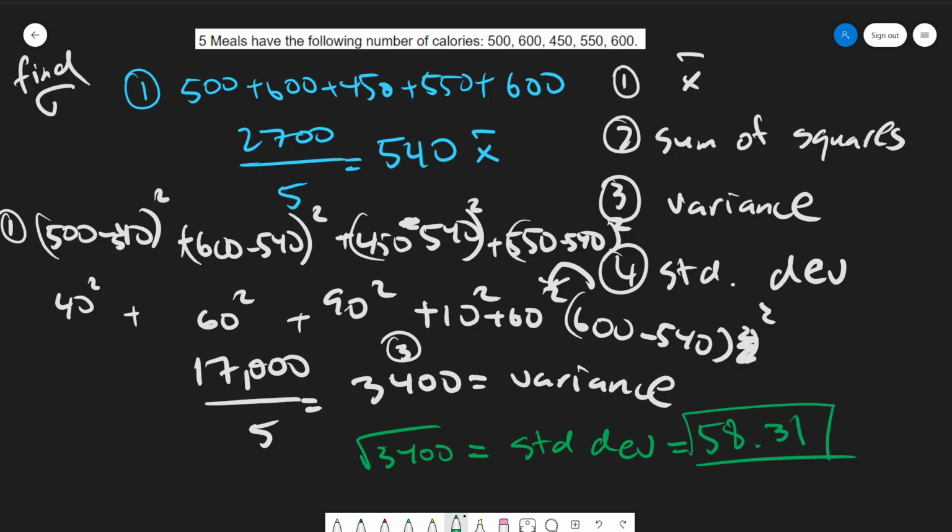So practice finding your standard deviation like this, and I'm probably going to have one more video on how to do a little more, or I'm just going to leave it like this for now